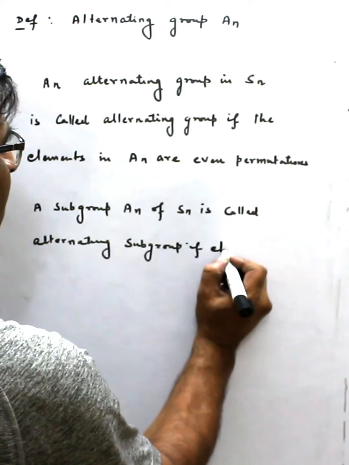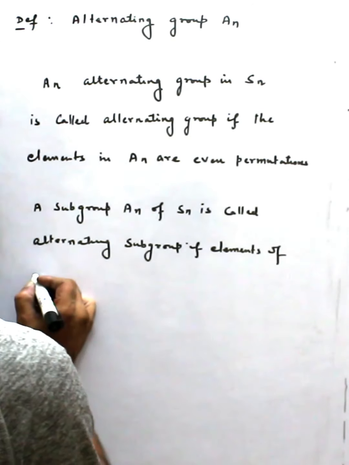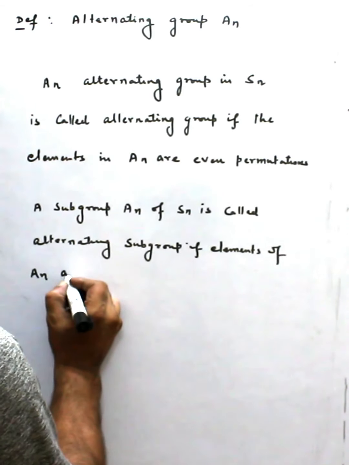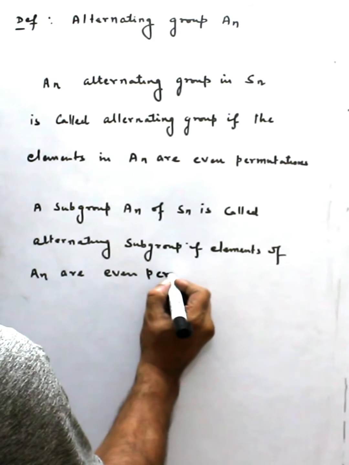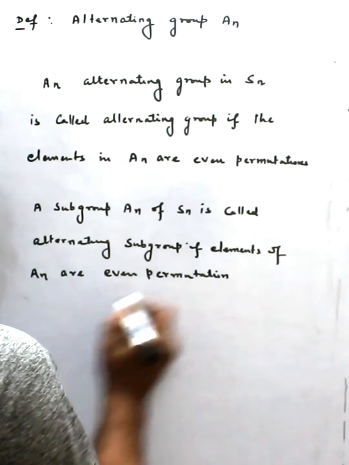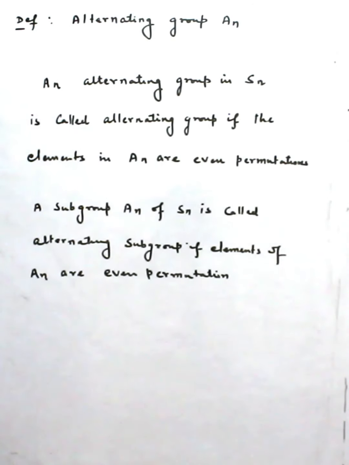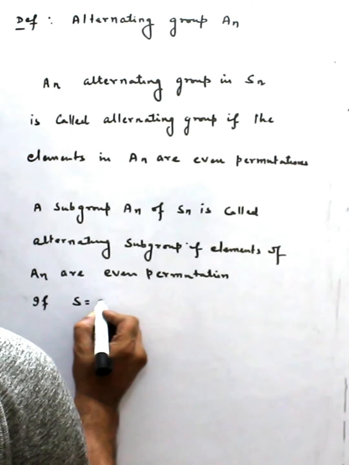if the elements of A are even permutations, right? So we can check the example. If S is, suppose,